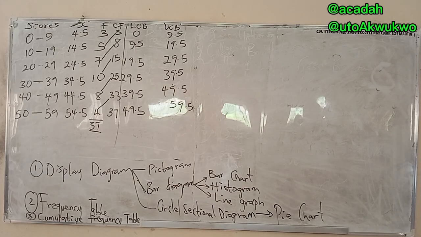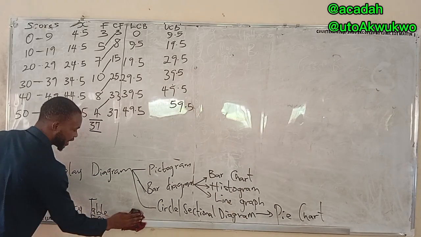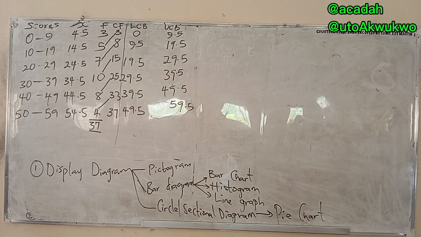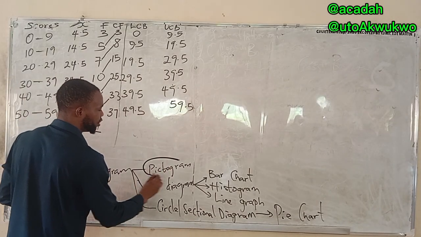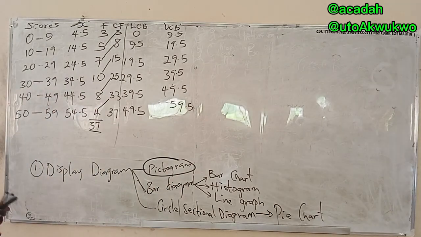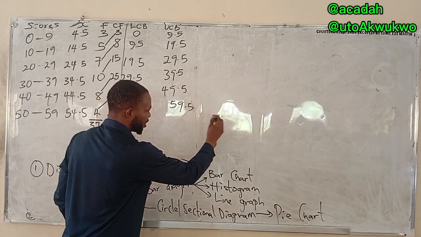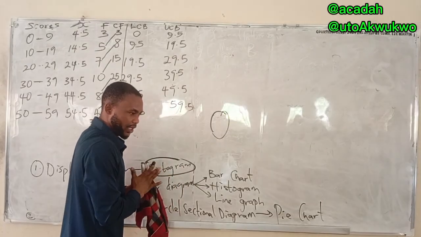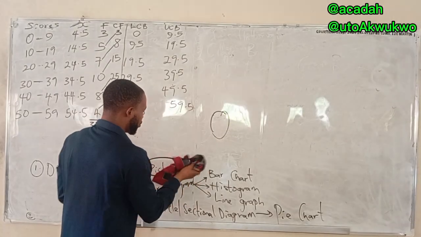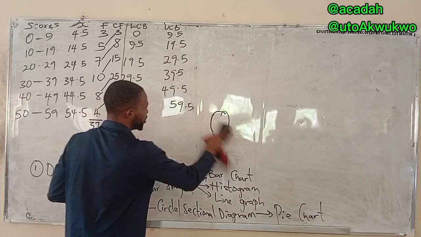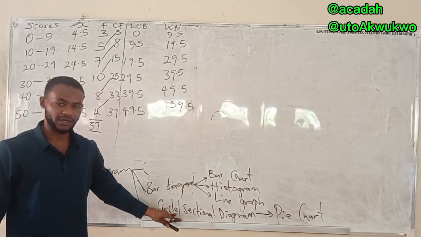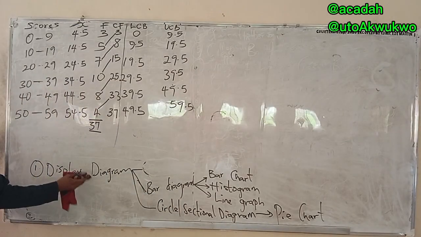So now we've noted all those things. Now let's go to the diagram, the calculations aspect of this. The pictogram is not among them, because I said that you don't need to take measurements of a pictogram. Once you are using pictures to show anything, like how many persons are involved, that's part of statistics. So our focus will be on the difference between the bar diagram and the circle diagram. Once we are done with that, we'll move to measures of location.